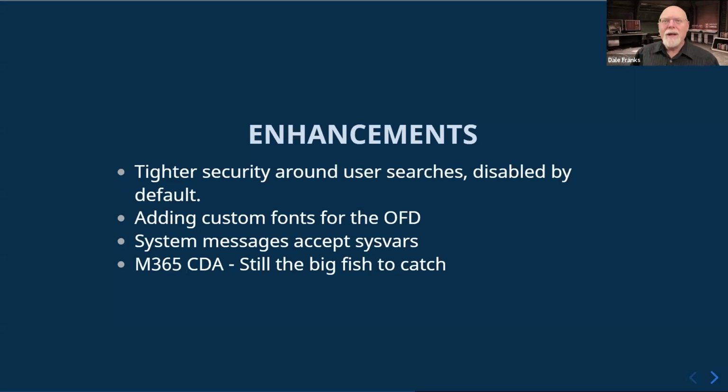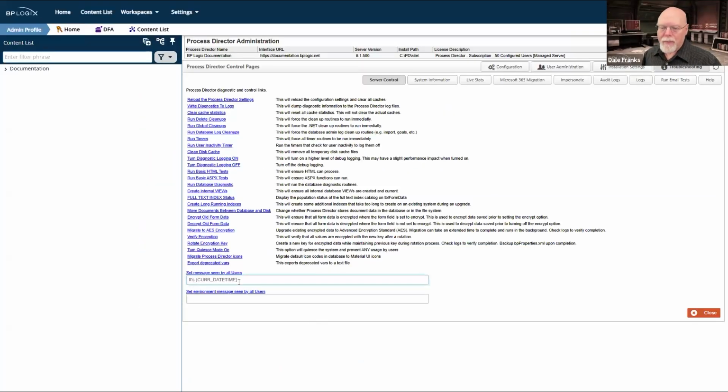custom/fonts folder, then in the online form designer, that font will appear in the font dropdown that appears in the online form designer. I would love to have been able to show you that. Unfortunately, I just didn't get the system updated with those first two things. However, there are some things I can show you, one of which is this. Notice that I have in the set message seen by all users, this did not support system variables.